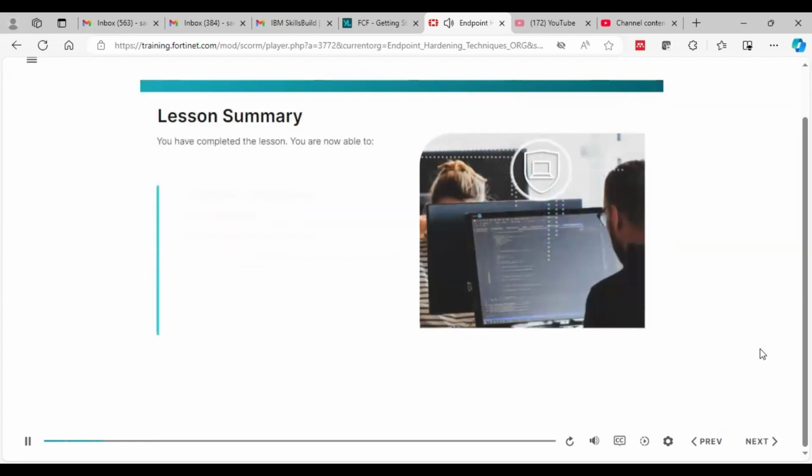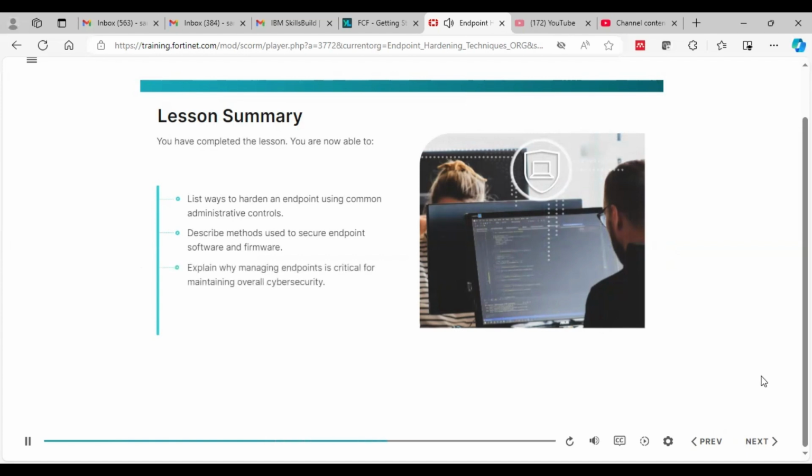You have completed the lesson. You are now able to list ways to harden an endpoint using common administrative controls, describe methods used to secure endpoint software and firmware, explain why managing endpoints is critical for maintaining overall cybersecurity, describe how to harden an endpoint without administrative access,